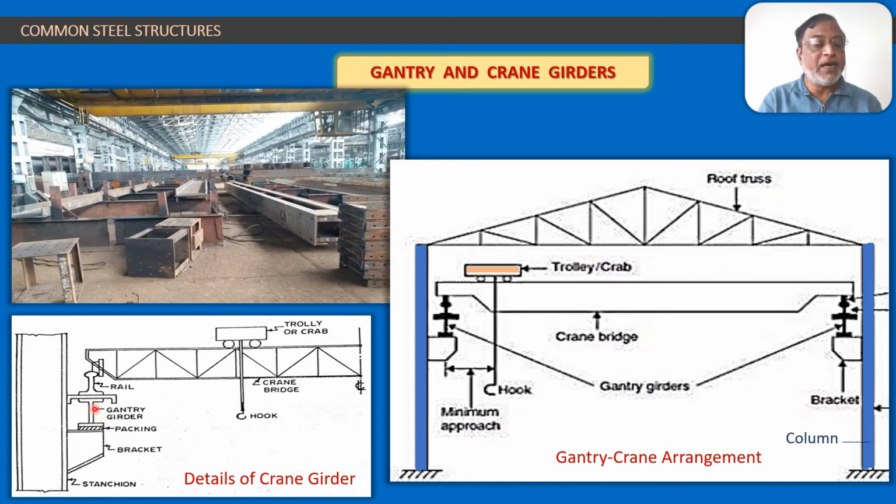This gantry girder is made up of 2 sections. One is an eye section and the other is a channel section, which is placed horizontally. Can you see here? So an eye section, and at the top of it you have a channel section. So this is a composite section of eye and channel shape. Above the channel and eye section, that is the gantry girder section, a rail is placed, and on the rail the crane girder is resting.